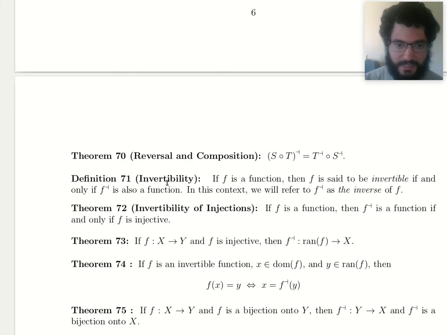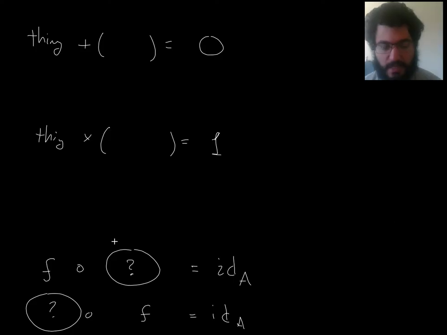Oh, it's down here. Yeah, if you have a function, then when you flip it around, when you take the reverse, if that's also a function, then we refer to that as the inverse of f. And that's pretty common usage of the terminology. But the reason that's a good terminology is because we will find, in a moment,